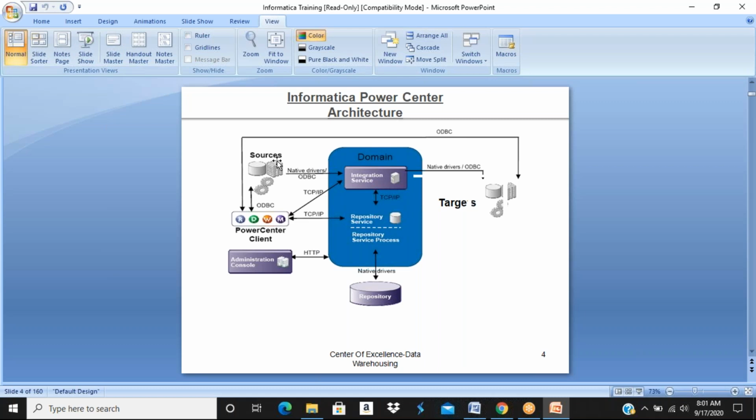The very first client component in Informatica PowerCenter is Repository Manager. So what are you going to do with Repository Manager? You're going to create a folder and you're going to assign privileges to the users. A lot of things are done in Repository Manager, but at this point of time, just try to understand you are going to create a folder. So what is this folder all about? When you're working on a project, there will be n number of developers. Some team will be working on some set of code, another team will be working on some other set of code, etc. The team working on a specific set of code will be working at a location called a folder.